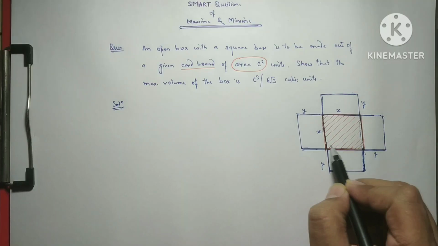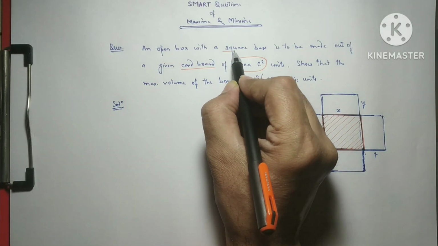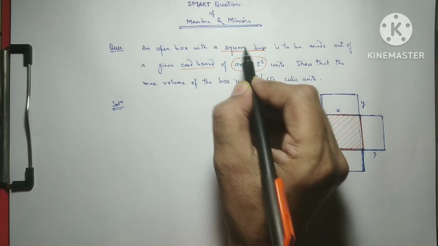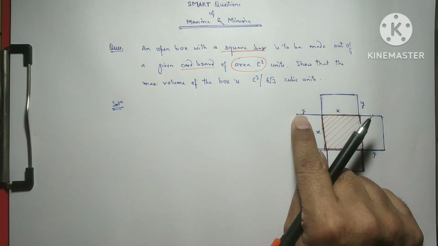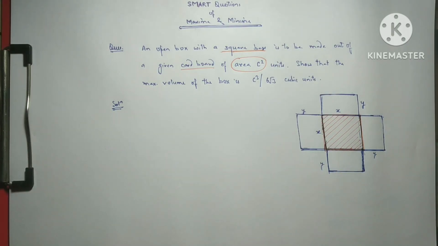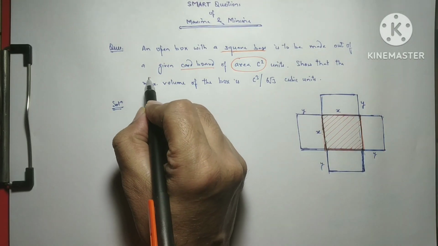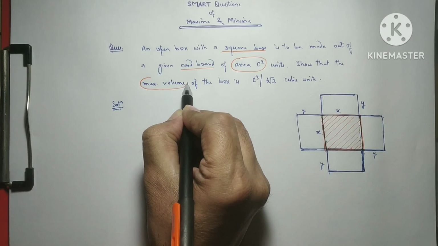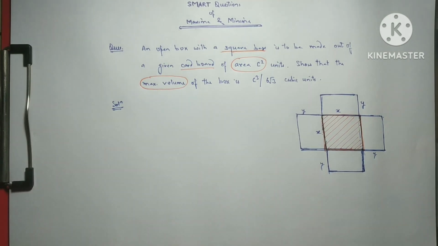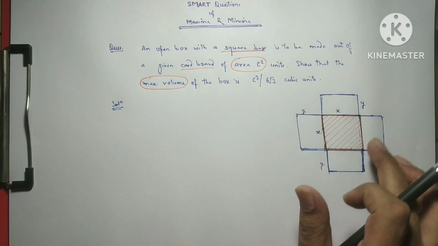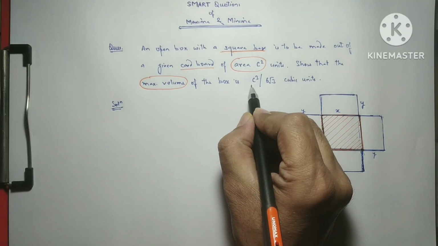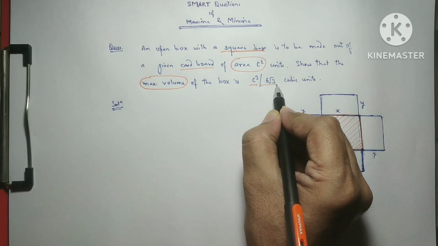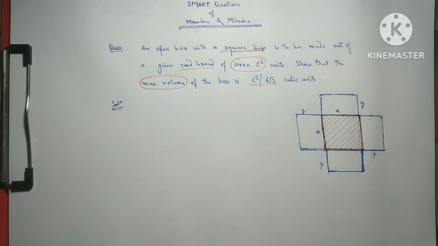and we will form this box with a squared base. So the dimension of the squared base is x, so these are x, and the height of the box is y. So show that the maximum volume. We will use the second derivative test on the volume expression. Given is the surface area of the card sheet, or you can say box, and we want to show the maximum volume should be c cube over 6 root 3.